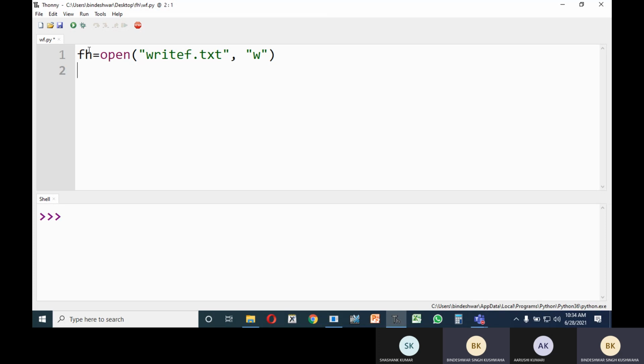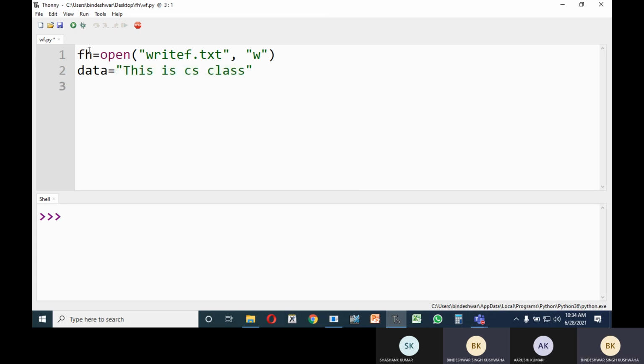So let us define some data. I am going to write here data, in the form of a string. I'm going to write that this is CS class.